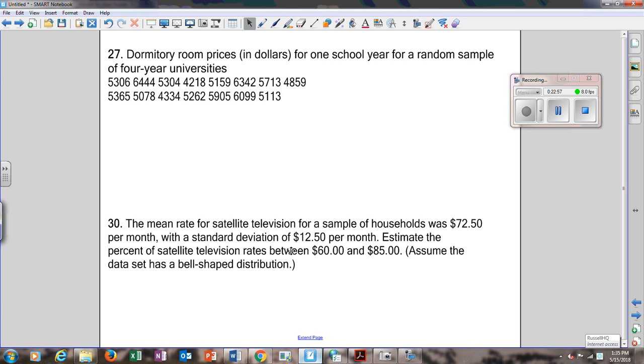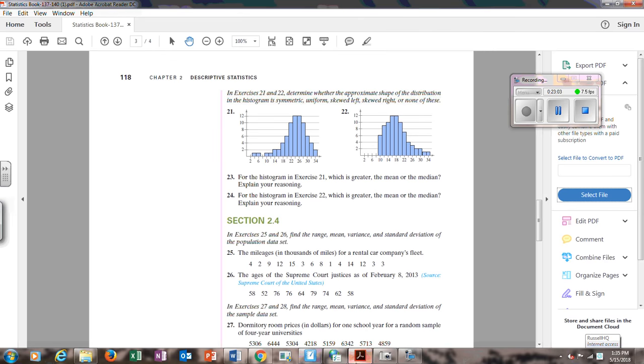Okay, and go back into Stat, Calc, One-Var Stats, and that will give you everything you're looking for. So it wanted the range, that's just your max minus your min. So 6444 minus 4218, 2226. The mean